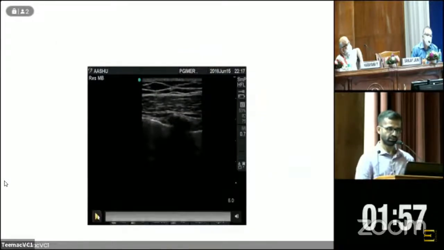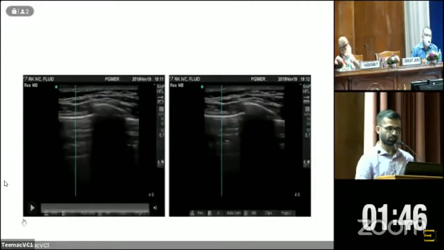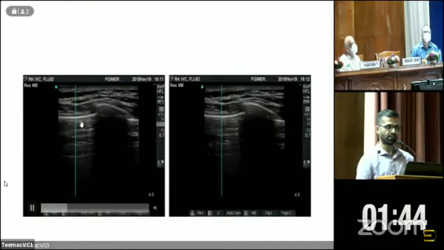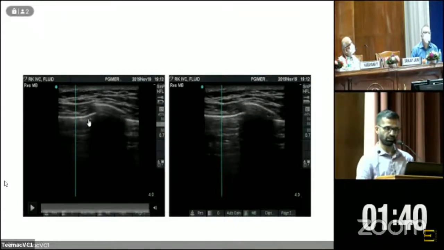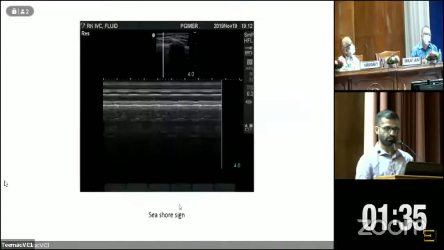So this presents the normal lung ultrasound. The black area of the anechoic one is the rib shadow, and this white line represents the pleura. In a normal pleura, we will have the sliding. This is normal, and this is how we expect a normal lung to be. In a normal pleura, if we freeze and go to the M mode, we'll find this seashore sign. This is the pleural line, and this is the normal lung parenchyma.